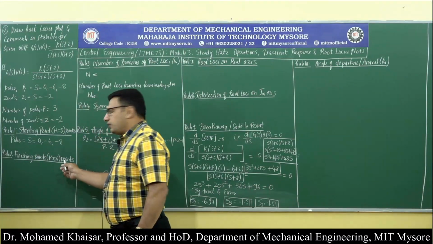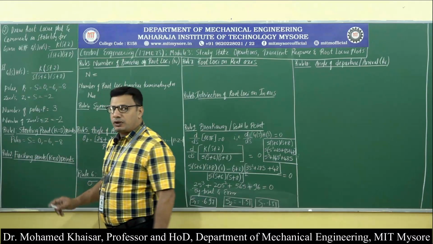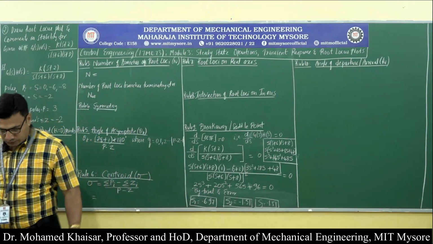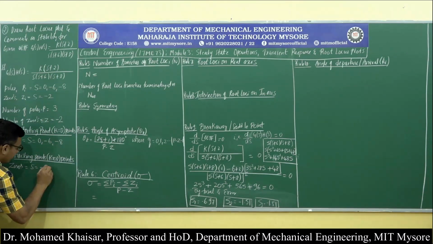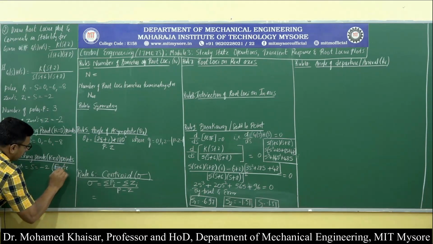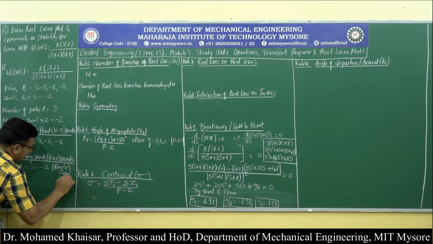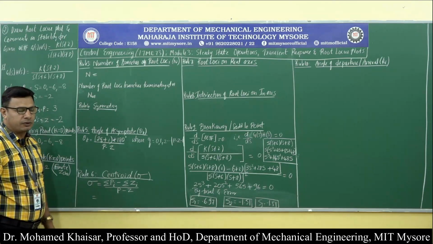So finishing points, they are also called k is equal to infinity points, and all zeros are going to be the finishing points. Therefore, I will write zeros, that is s plus 2, there is only 1 zero, therefore minus 2. I will call this a finite zero, because we know it is going to terminate at minus 2. One of the branches is going to terminate at minus 2.